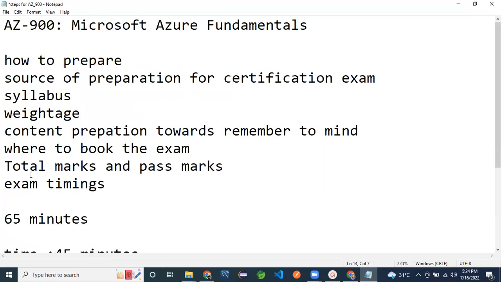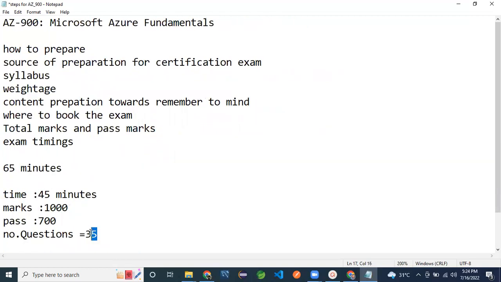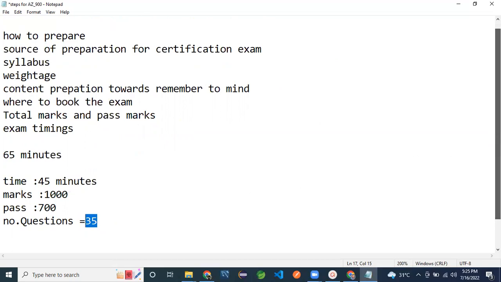Total 35 questions. The question format will be multiple choice questions only. Under a question, you will have four options. Sometimes it will be yes or no questions, matching questions, drag and drop options, and some images they will give. But there is nothing to write from our end. If there is a question, there are definitely options, and we only need to choose the option. So all questions will be multiple choice questions only.